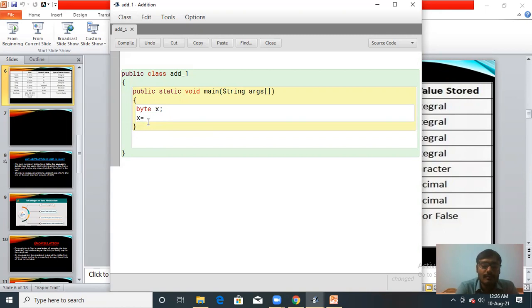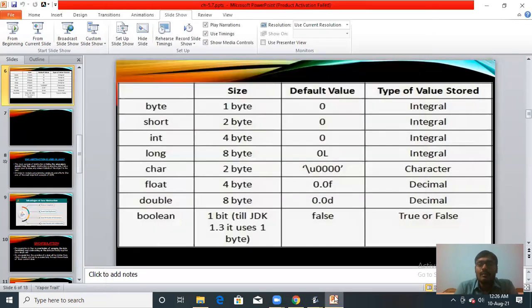X equals 5. Here the byte data type is used for storing integer values. And how much memory is it taking? It is taking 1 byte of memory.